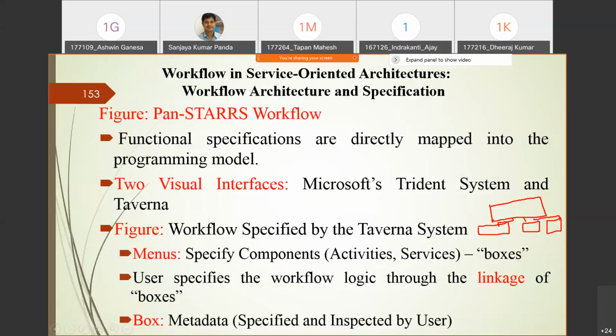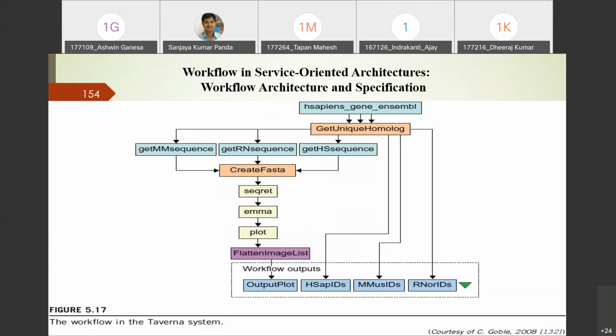And each box has substantial metadata, right? That can be specified. If you see the workflow, you may not understand it because these are the complete internal things. What functions they have used, like MM sequence, RL sequence, HS sequence.